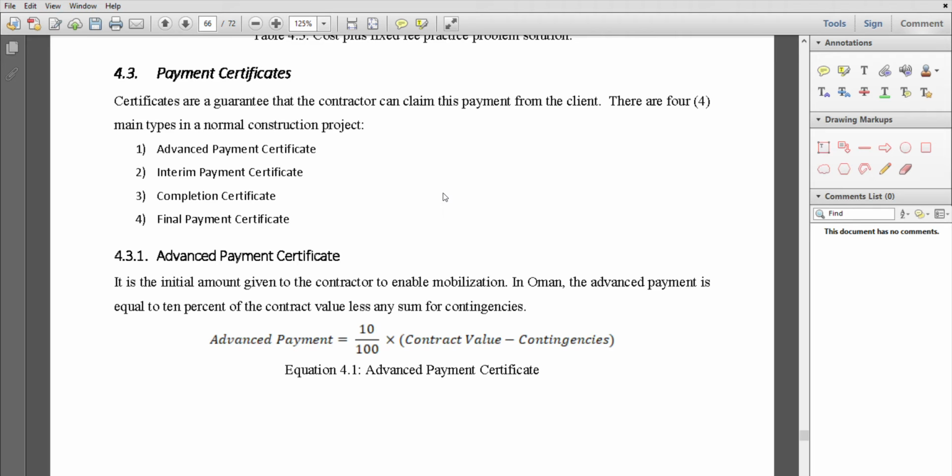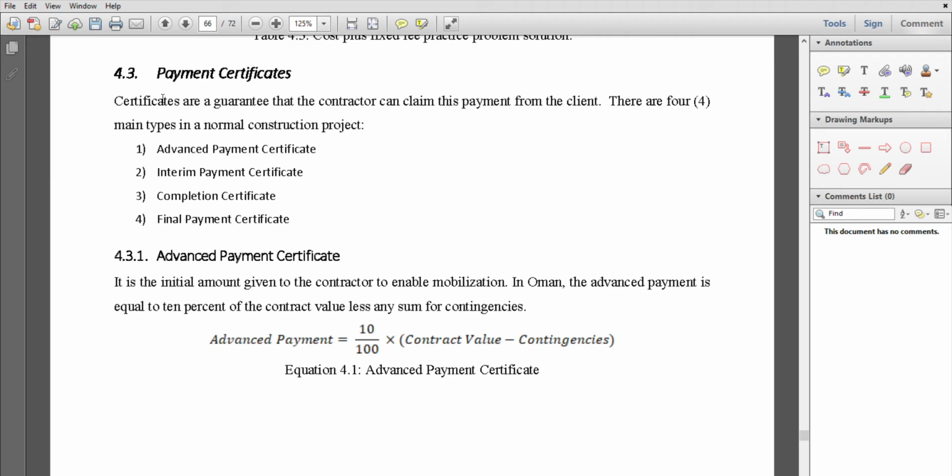Now we need to do our payments. Practically, we want to get our payments, and there is something that you have to submit, which is the bills, as we have mentioned in the previous class. And there is something which is called payment certificate. After you submit your bill, it has to be certified. It has to be checked on, and then afterwards